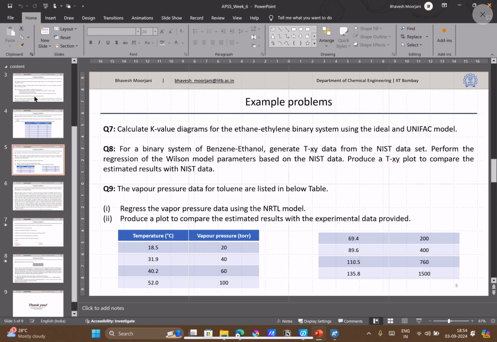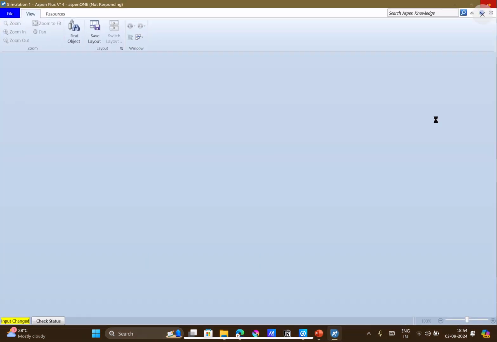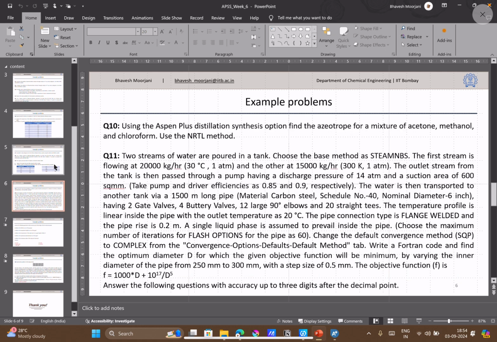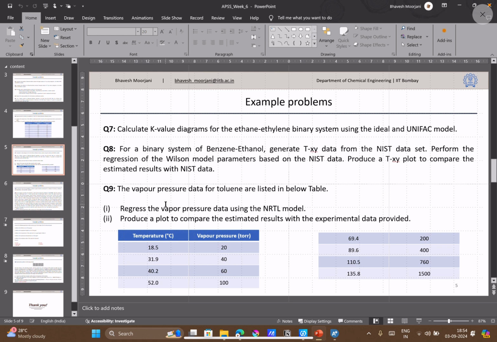Then we have question number 7, which says calculate the K value diagram for the ethane ethylene binary system using ideal and UNIFAC methods. So let it run and I will move forward. So many of the data are the same. Question number 9 deals with the regression for pure component analysis, where the toluene vapor pressure data is given with the temperature, and we have to regress the vapor pressure data using the NRTL method and compare the experimental and NRTL model, okay. So we will do questions number 7 and 9 quickly, and then we will move forward with